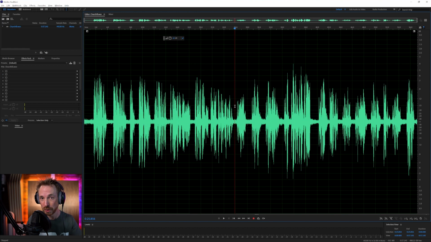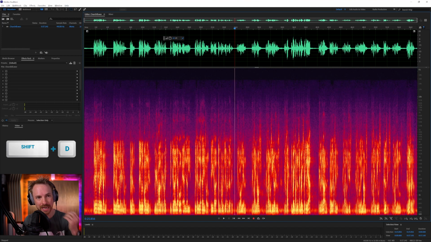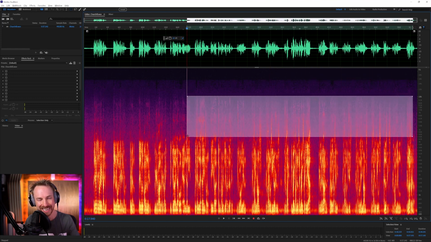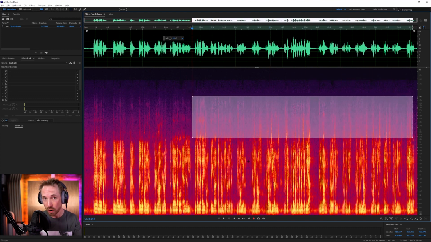The first thing I'll do is open Spectral Frequency Display, which is this icon up here, or Shift and D on my keyboard to give me an overview of what's going on. Now I can see a lot of the high frequencies are already missing. Some frequencies up till about 10K are available. Now it's worth mentioning that we can't put back what isn't there. We can try our best, but we can use some EQ and some noise reduction to improve this.